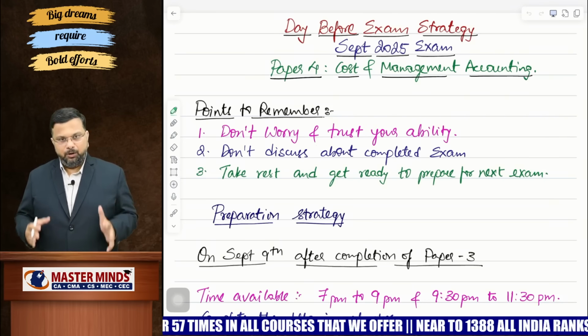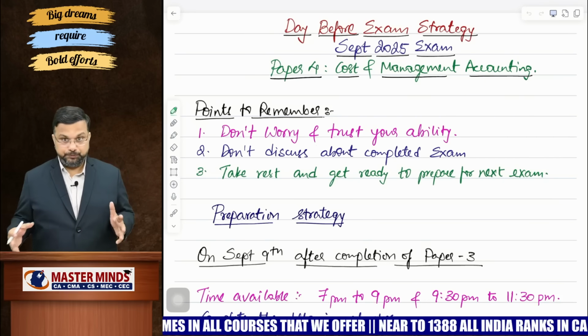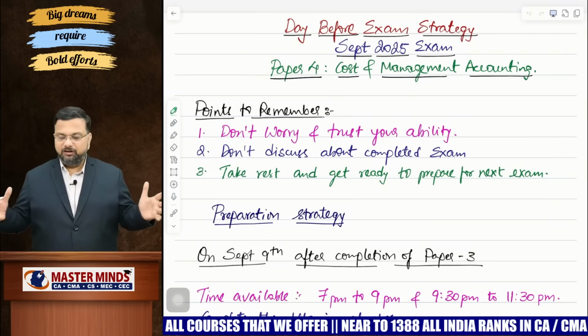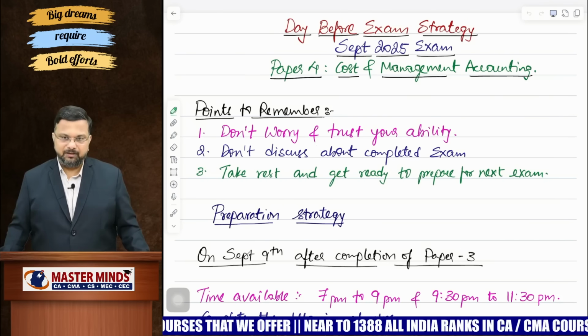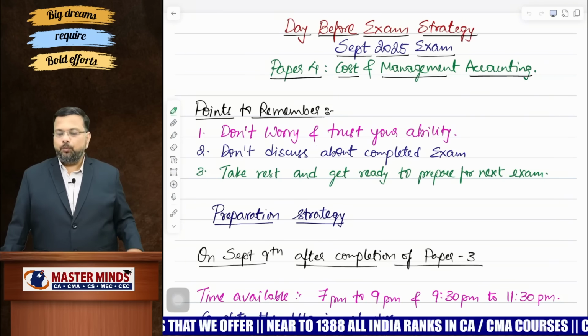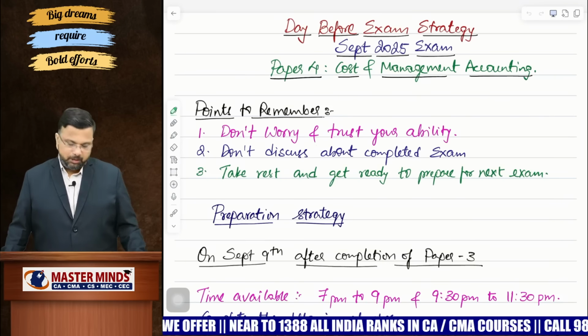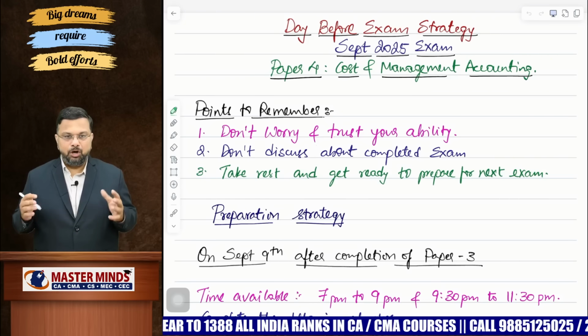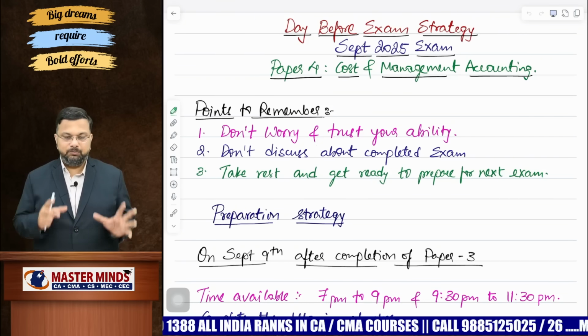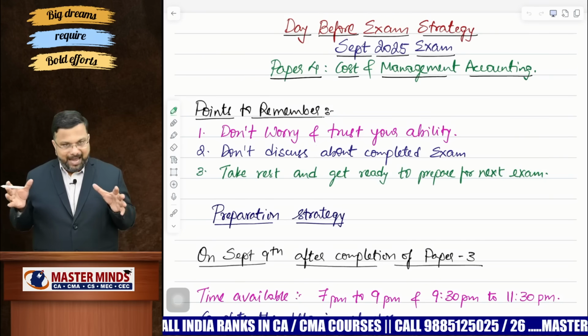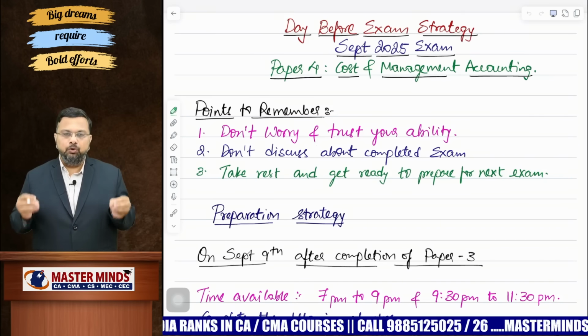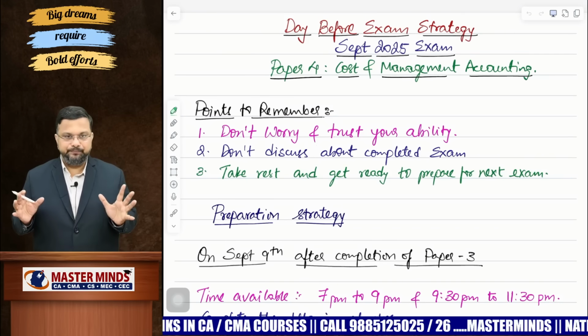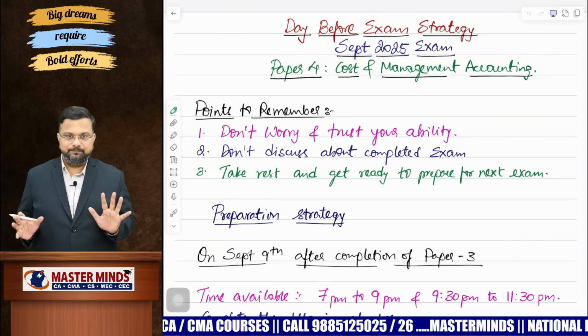Now let us think about group 2. You have done the first paper in group 2. Pick yourself up and let us start preparing for the next exam. So what is the preparation strategy that we need to adopt here? Remember one thing, we have almost 1.5 days of effective working hours available with us. So if we plan properly, we can have a good, thorough final revision just before the examination.